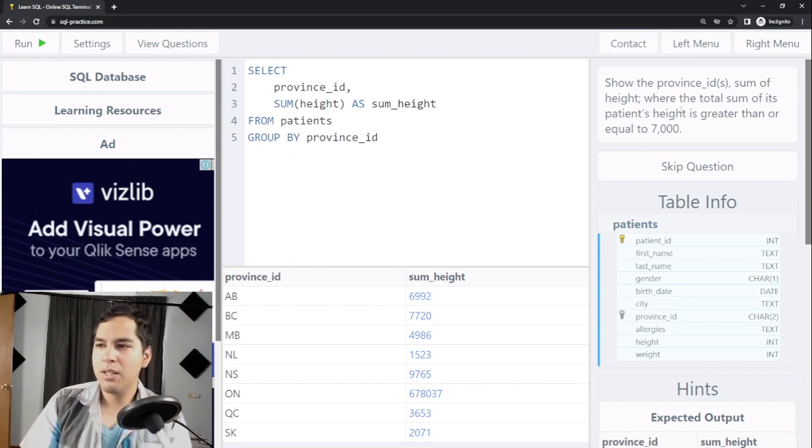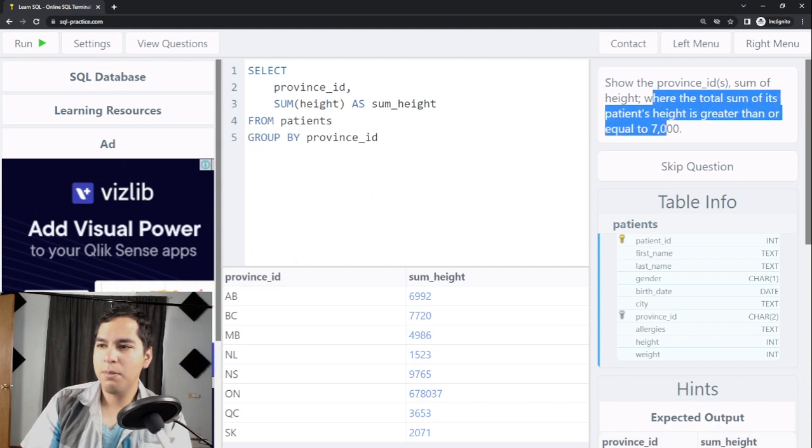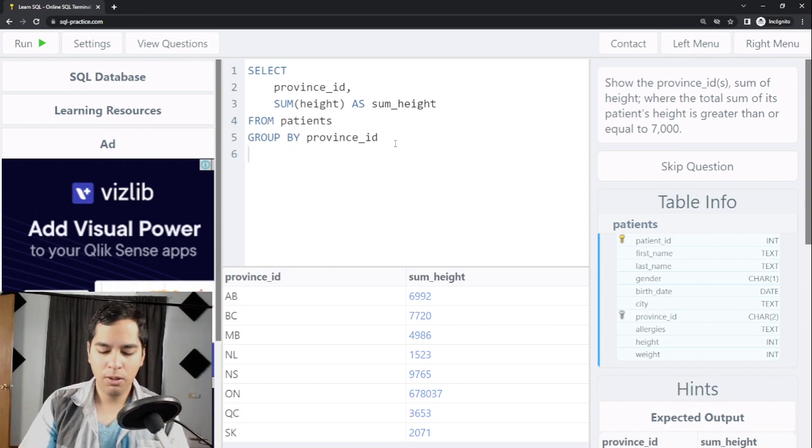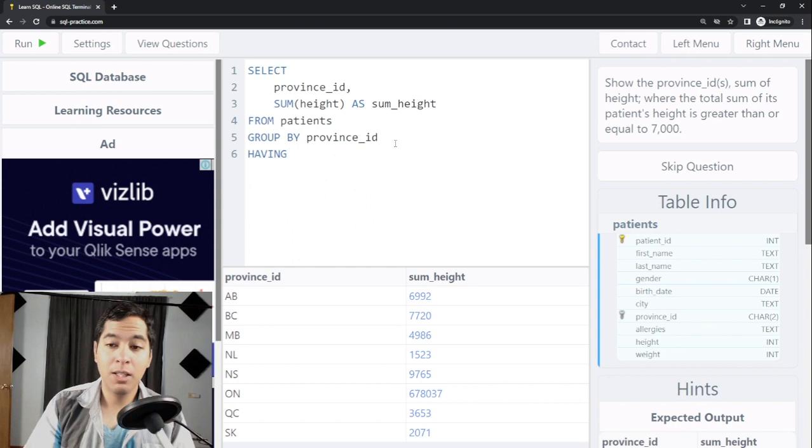But then it says where the total sum of its patient's height is greater than or equal to 7,000. So with where didn't work, and now since we have group by, we need to use having. This is similar to the where statement, but we use having instead of where when we are grouping. So I will say group by province ID having